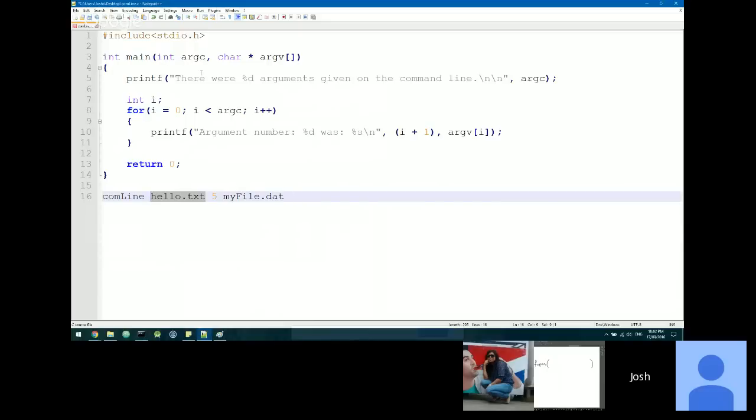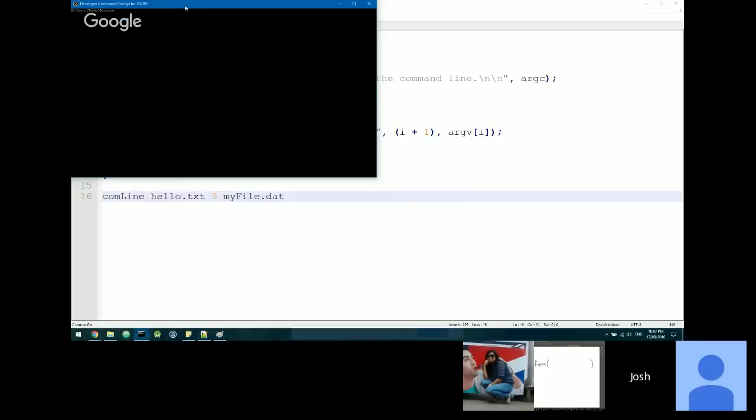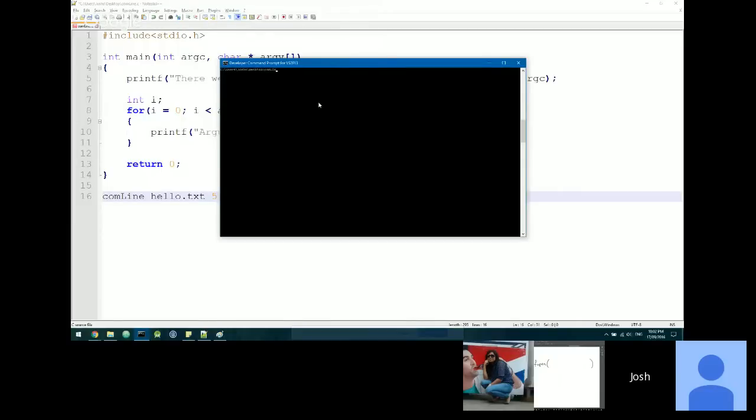So just to give an example, what this program does is, first off, it prints out the number of command line arguments there were. Then it iterates through each one and prints out what the command line argument was. So I'll show you an example of that over here. I don't know how well you can see, but if I typed in comline, just the executable name,